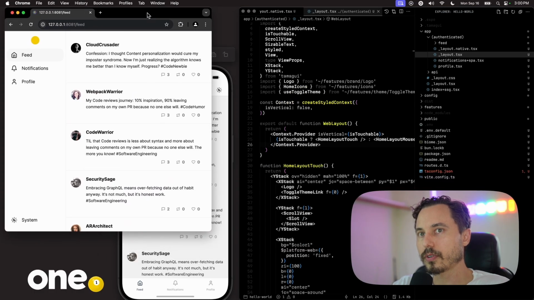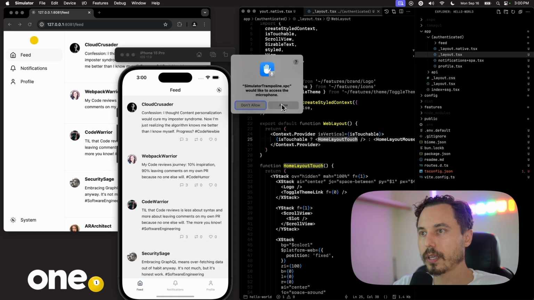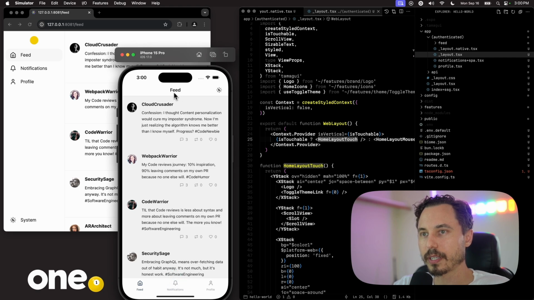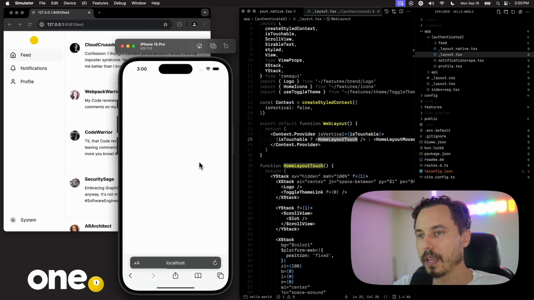Oh, and we also have a touch layout that we've diverged from. So I'll show that really quickly here. Okay. Oh, opening Siri. Well, let's go ahead and pop open our mobile Safari,